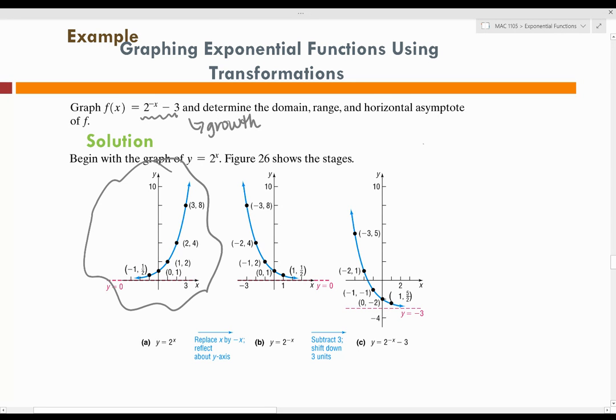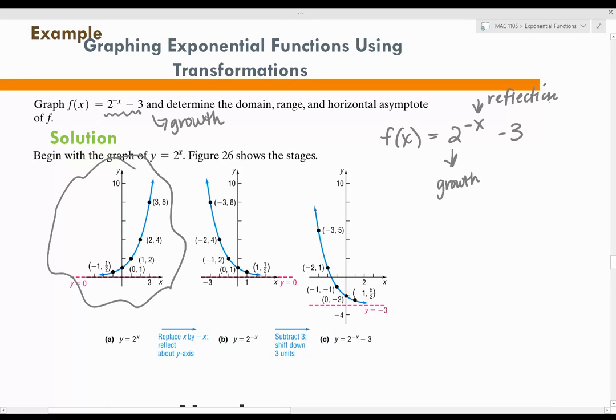So how about I do this for you? f of x equals 2 to the negative x minus 3. The 2 lets me know that this is a growth model. This negative x tells me this is going to be a reflection about the y-axis. So don't forget your transformation rules, which is why in this picture you'll see that our graph has flipped